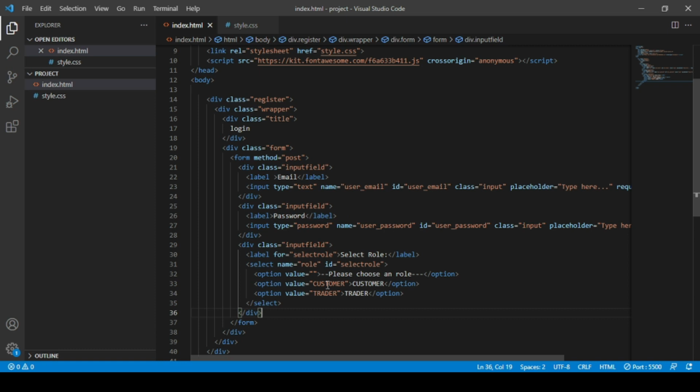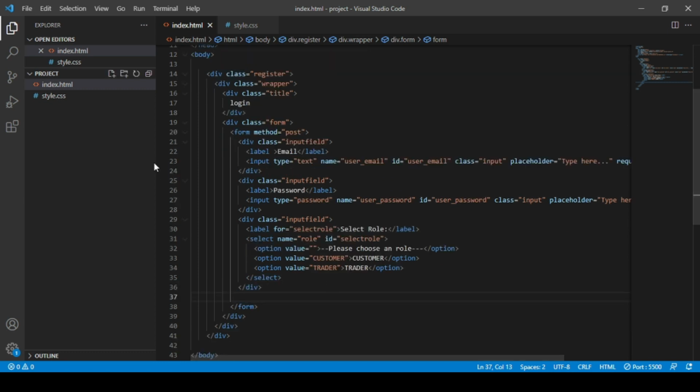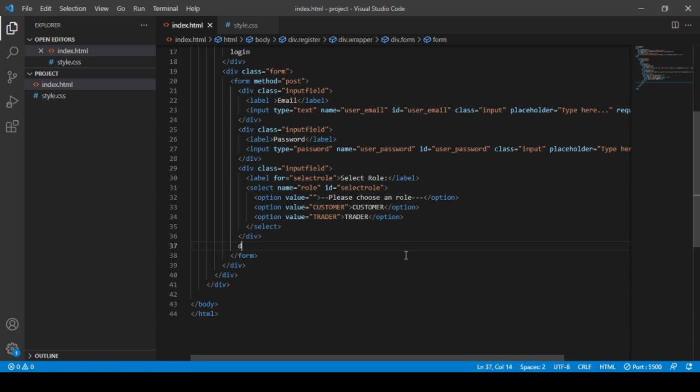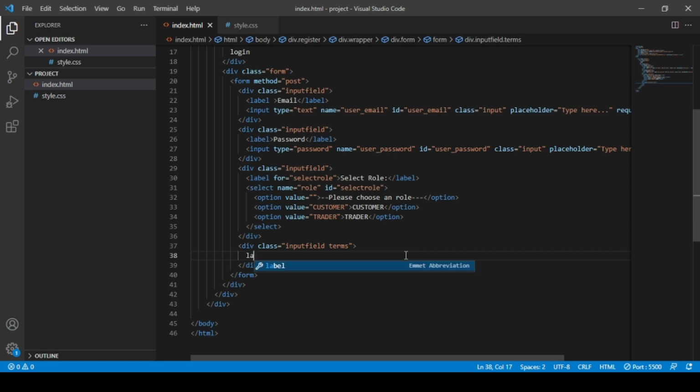Close the div. When the div of class input field of selector is closed, under that we will set a checkbox for remember me. For that, let us create a div. Let us set a class for this div. Select this class name as input field prompts. Inside this div we will create a label. We will set a class here, class of check. Inside this label we will set an input